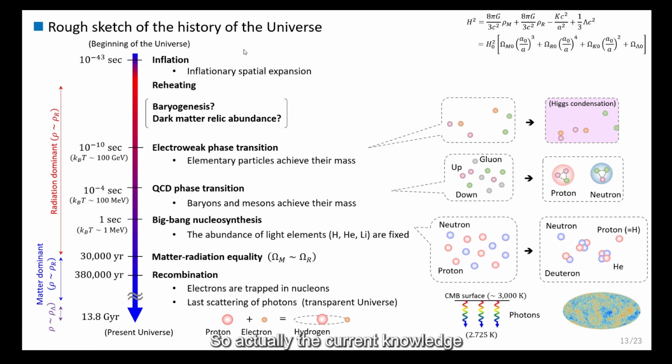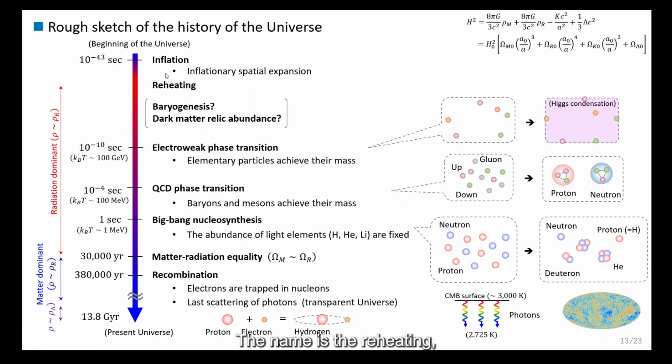So actually, the current knowledge about the history of the universe is given like this. At first, we start from the inflation. In this age, the space is expanding exponentially. And after the inflation, the scale is given by the Planck time scale. And after that, the universe is